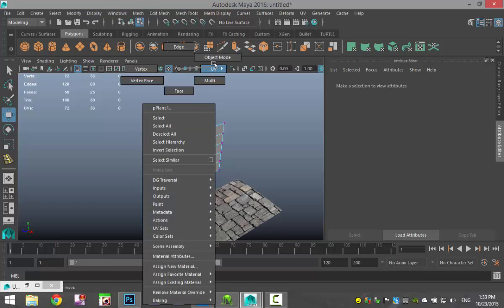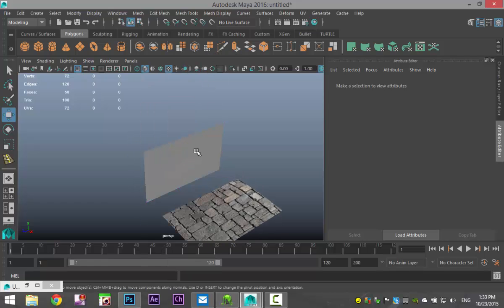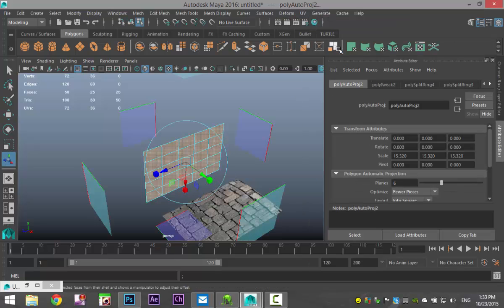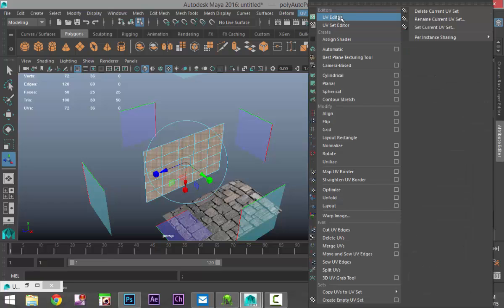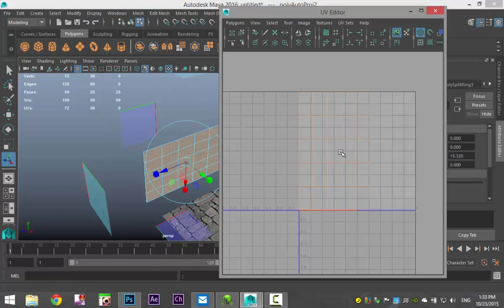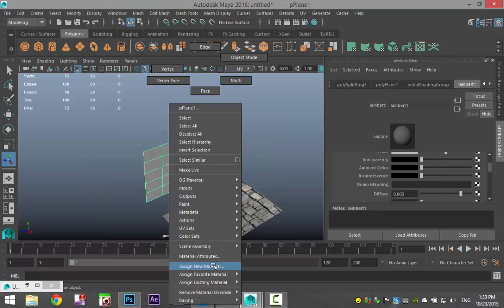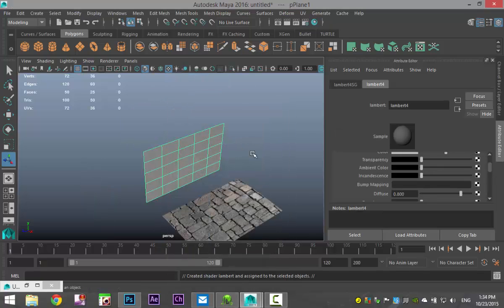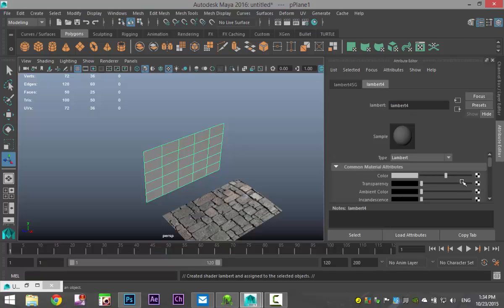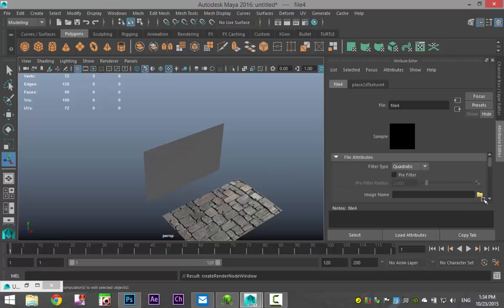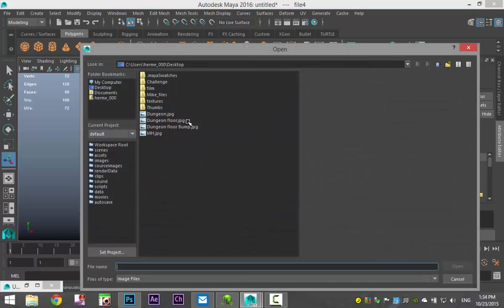We're gonna right click, go to object mode and select it. UV automatic projection, UV and UV editor. Okay, looks fine for now. We're gonna apply a material to it. So again, right click object mode, right click assign new material, Lambert. We're gonna go up and we'll hit our checkered box here, select file, folder,